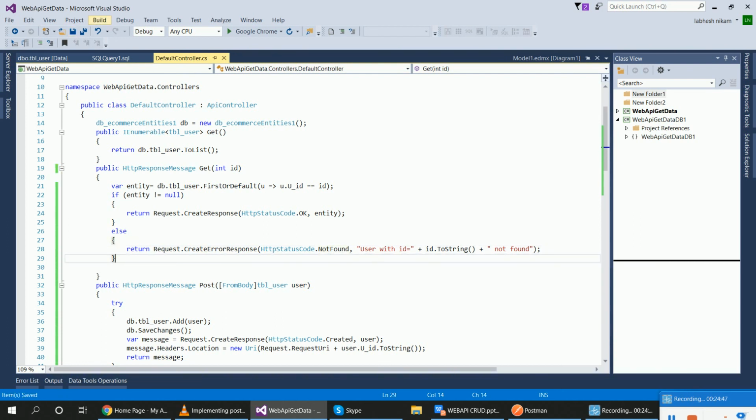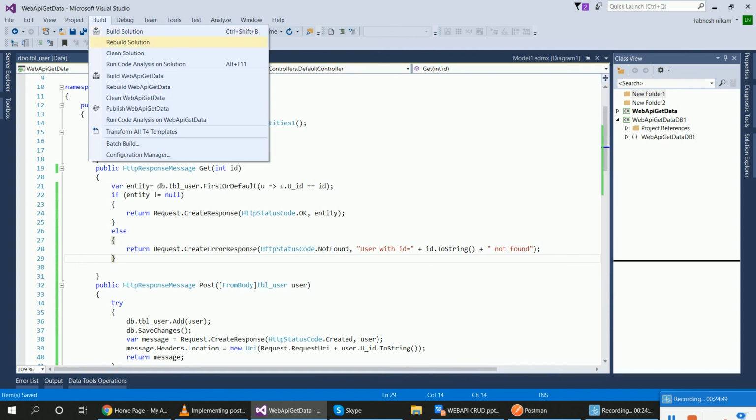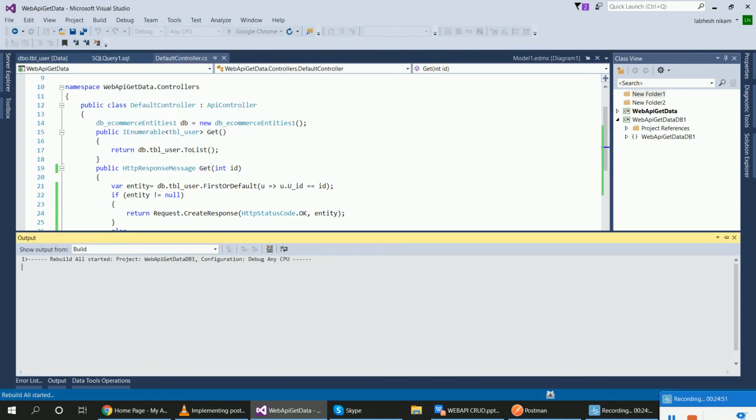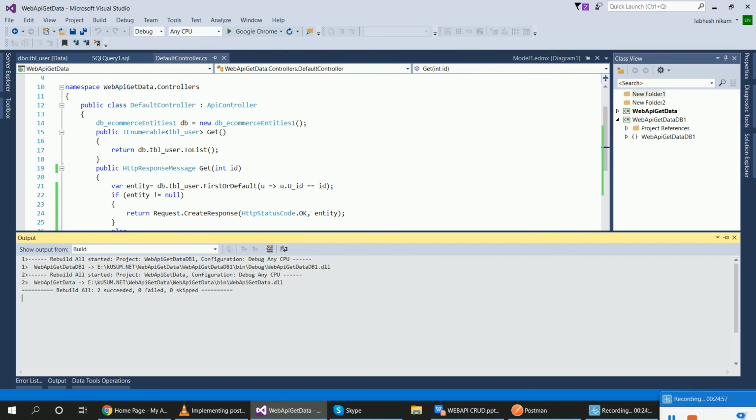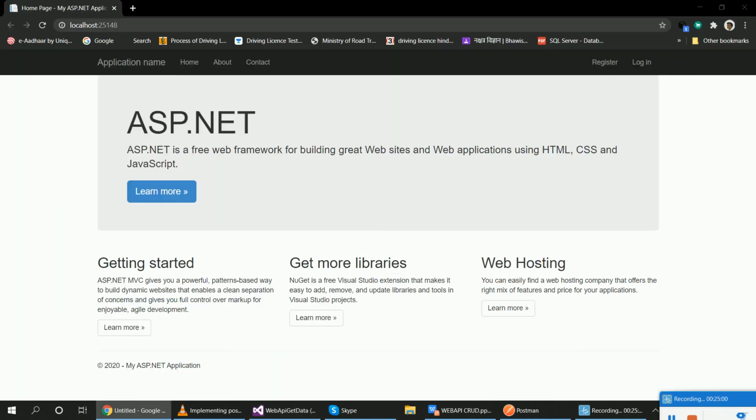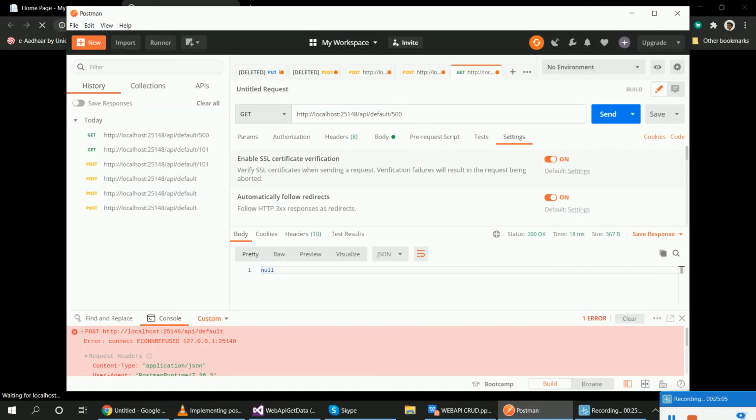Okay, so save it, build the program, rebuild solution, wait for it to succeed, run the program, go to Postman and add an ID which is not available in the table and get the message.